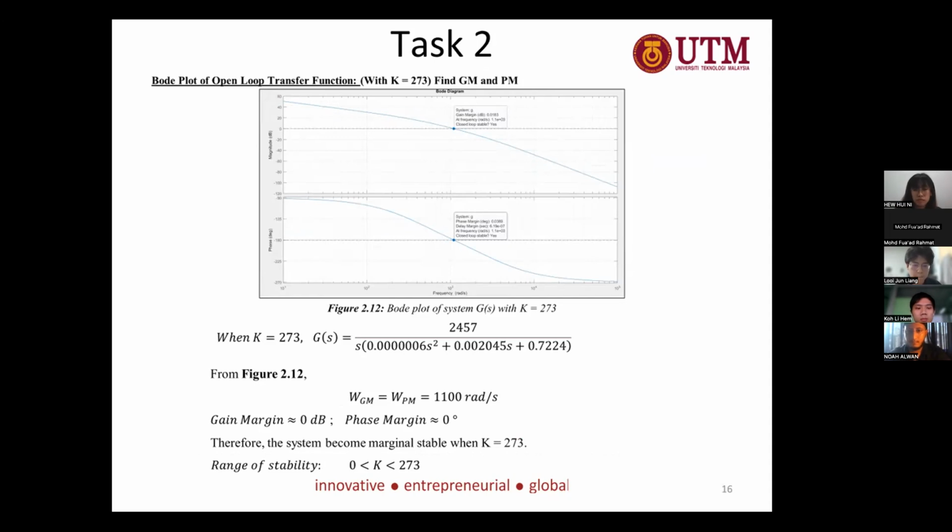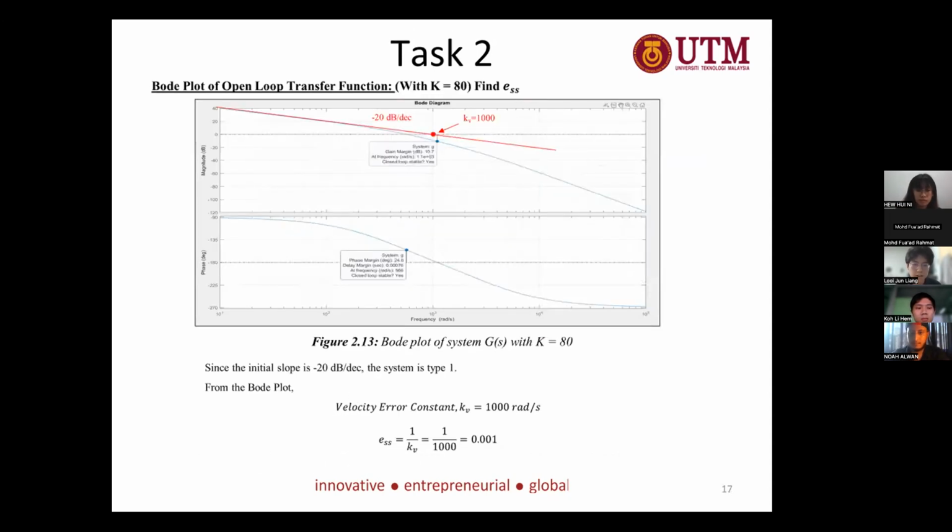And next. To find the steady state error, I determined that the initial slope of the Bode plot is negative 20 dB per decade, so it's a system type 1. To find Kv, I draw a line parallel with the initial slope and draw until the line cuts the 0 dB line. After that, I use the formula ESS equal to 1 over Kv. I found that ESS is equal to